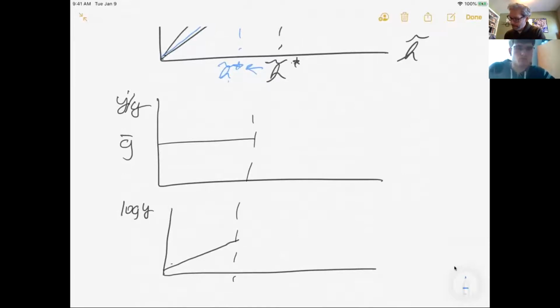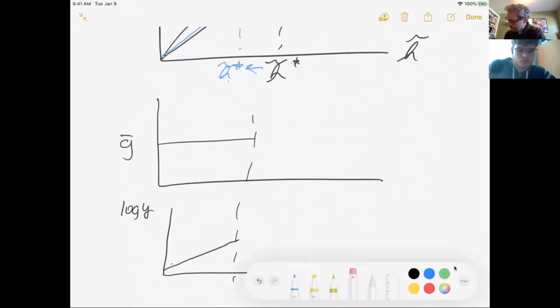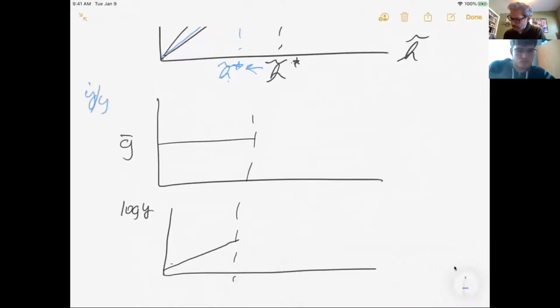So what would happen here? Now we have G prime, which is the rate that we're going to grow in the long run.